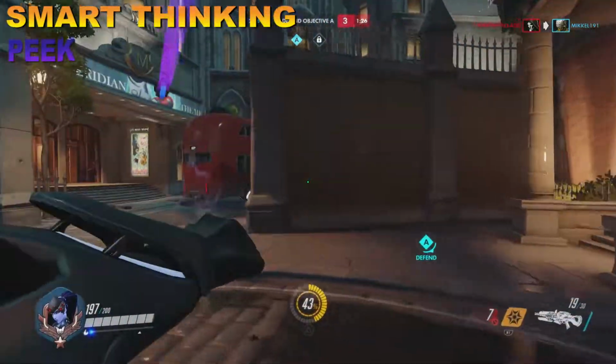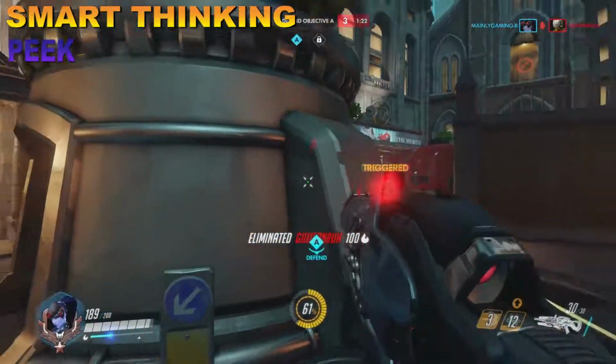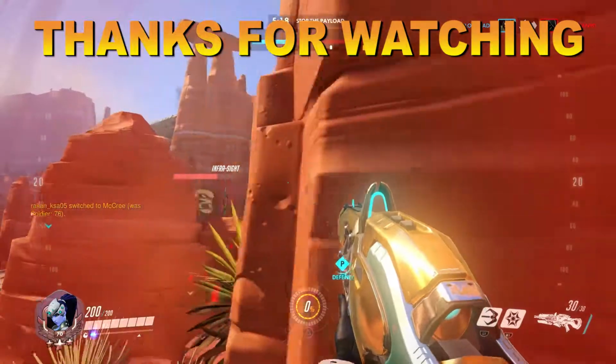And then we have peek. Peek is just to look around the corner quickly and take a shot, and it's effective because you take little to no damage. Okay guys, I hope this guide helped you, and I hope you get those headshots on